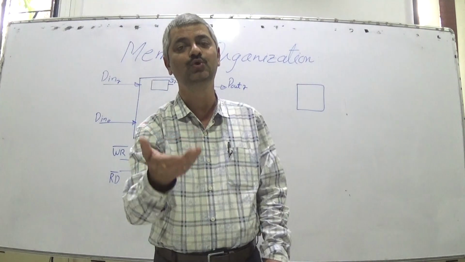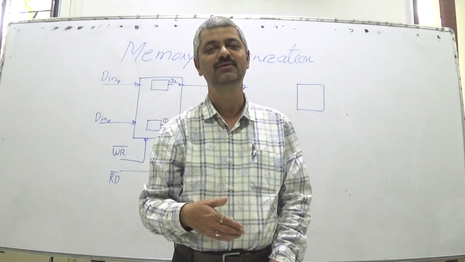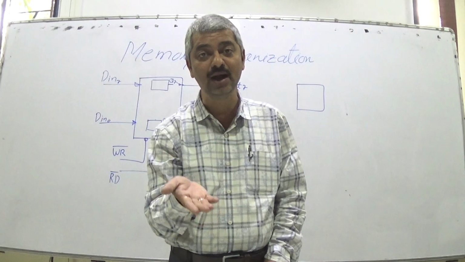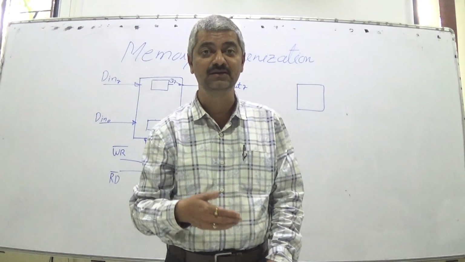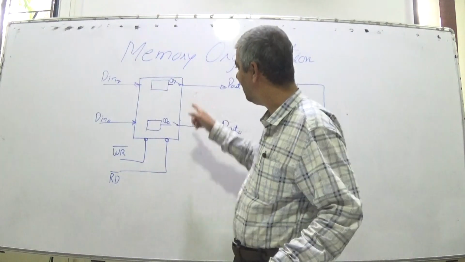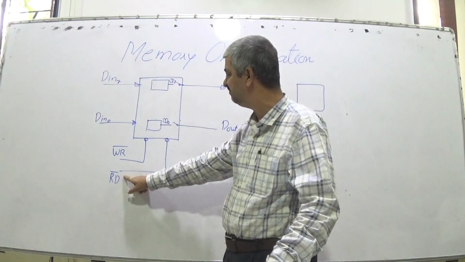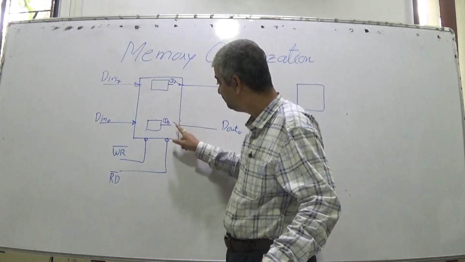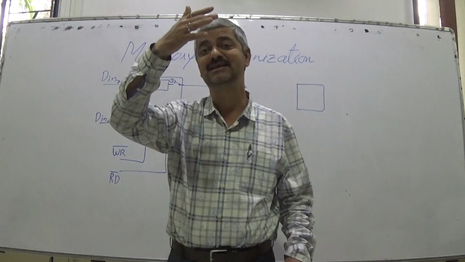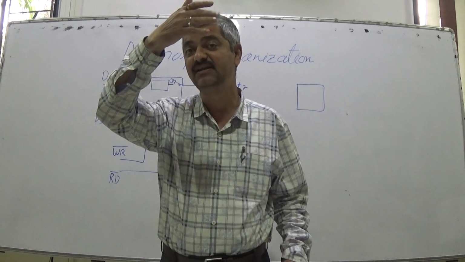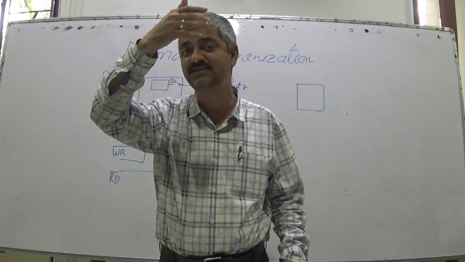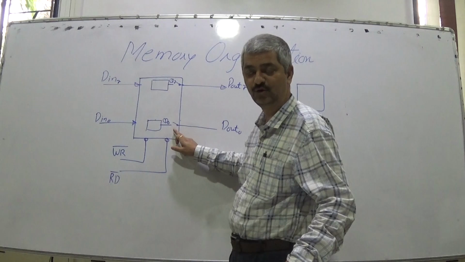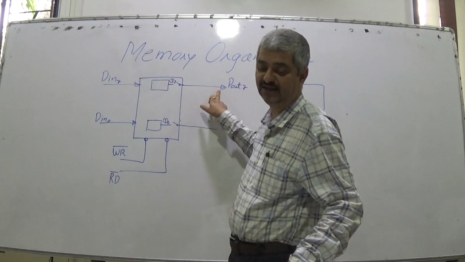It is just like you knowing many things. You don't utter them continuously; you utter them when asked. Otherwise there will be chaos. So data appears on the data pins when read bar is made low; there are 8 switches. When read bar is high, the switches are off, and the data output lines are hanging lines in tri-state. And when read bar is made low, the switches are closed. Whatever is here appears here.